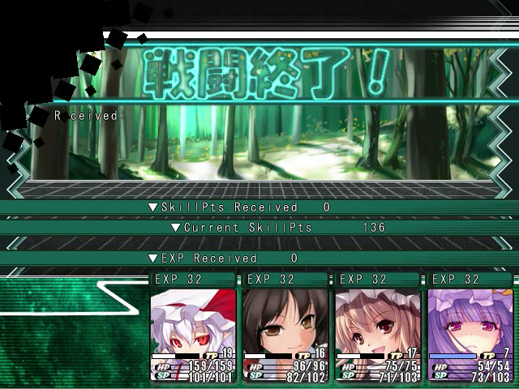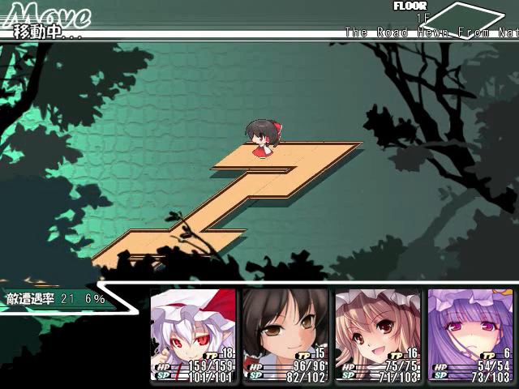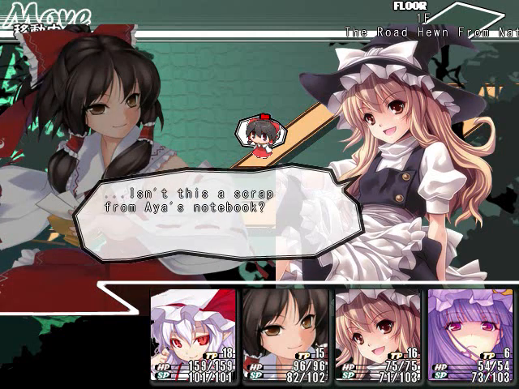So generally a good idea is actually to conserve your SP at the moment, because right now you go faster than all your opponents. Whoa, hello. We found an event. It's a piece of paper that was dropped, and it seems to be from Aya's notebook. Aya is a Tengu,